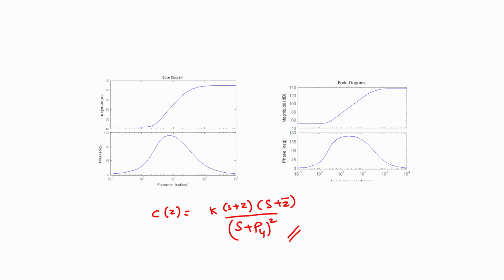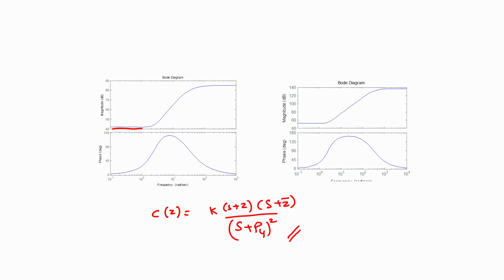Now if one were to draw the Bode plot of a controller that has this particular structure, we note that when we substitute s equal to j omega and look at the magnitude of the controller's transfer function for frequencies that are below the corner frequencies of both the zeros as well as the poles of the controller, then the magnitude response will be flat, as seen from the plot here.